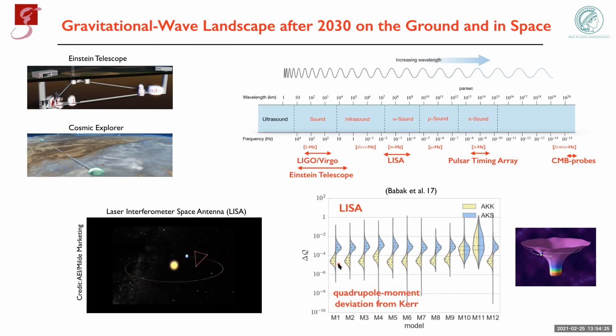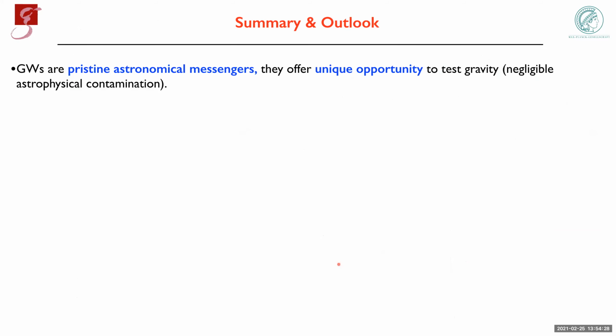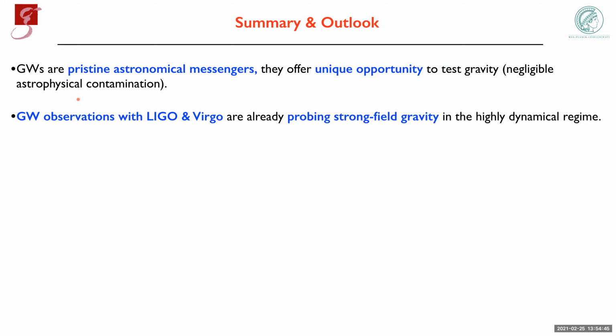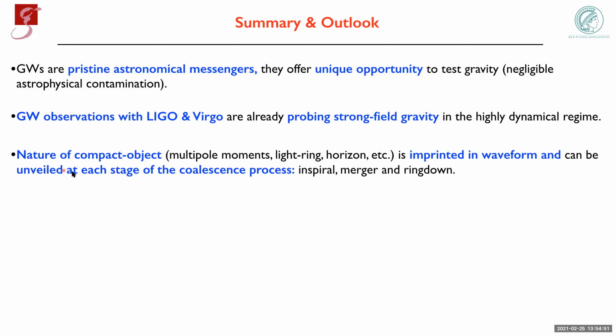But at this level, these labels here are referring just to different populations of EMRIs and different models for extracting the information. So just to finish, gravitational waves are pristine astronomical messengers. They offer unique opportunity to test gravity. We are lucky that we don't have a lot of contamination from astrophysical effects as perhaps with EHT you have. Gravitational wave observations with LIGO and Virgo are already probing strong field gravity, the nature of compact objects, and by this I mean multiple moments, like ring of